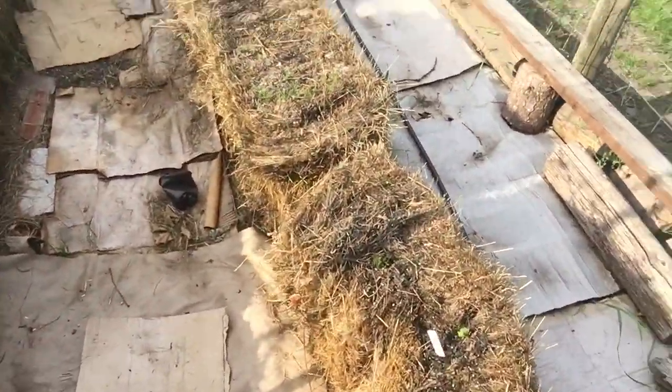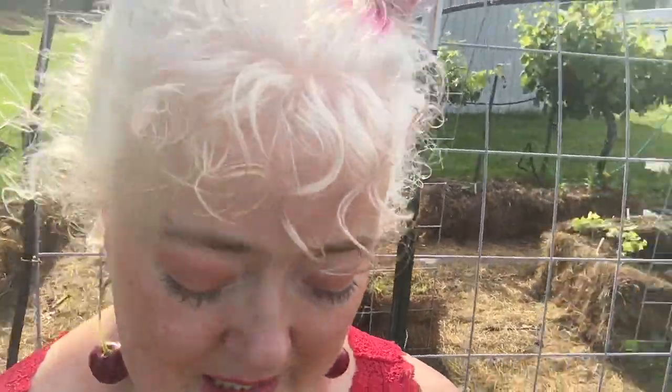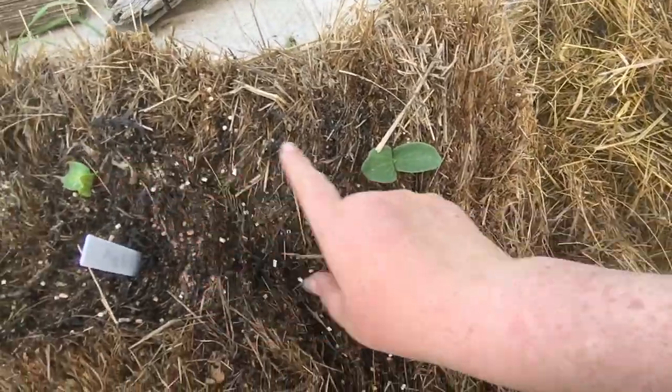Okay, as you can notice here, my bales are looking a little squishy. It's because I squished them. You're supposed to compress your bales so that they grow better. Some of them are compressed well, some of them are still topsy-turvy in the compression, but when you squish them together, it helps the roots have more stuff to get down through, so they get stronger and grow into the bales well. So I've been squishing some bales. And this one I squished a lot. And this is a little acorn squash. No, it's a buttercup squash. There's 2 of them growing there,